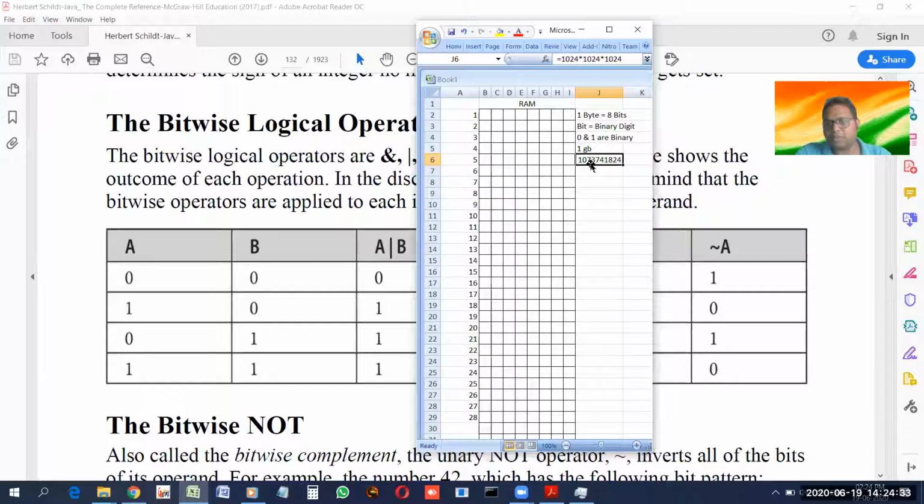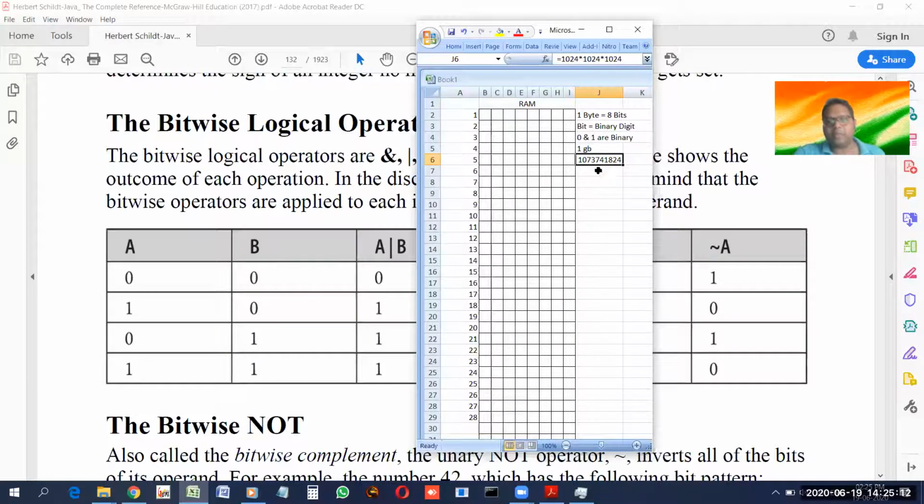This is 1 arab 7 crore 37 lakh 41,824. That means more than 1 arab memory cells are there if we have just 1 GB of RAM, either in a mobile phone, in a laptop, in a desktop or anywhere. But nowadays, as I said, 4 GB of RAM is very common. So with this, you can easily understand how many such memory cells there will be. I have just written 28 here. But if you have 1 GB of RAM, then you have more than 1 arab. This exact number of memory cells will be there if you have just 1 GB of RAM.